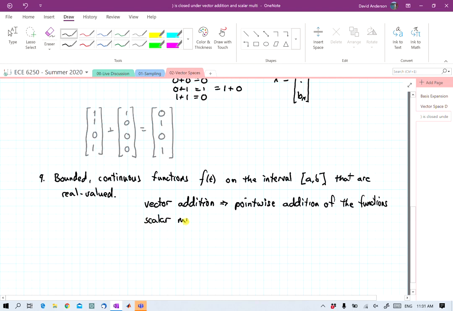And the scalar multiplication is just multiplying pointwise. Didn't specify the field. It would be the set of reals. Okay, so if you have two bounded continuous functions and you add those, you're going to get another bounded continuous function. We're going to actually return to this several times, but for now,